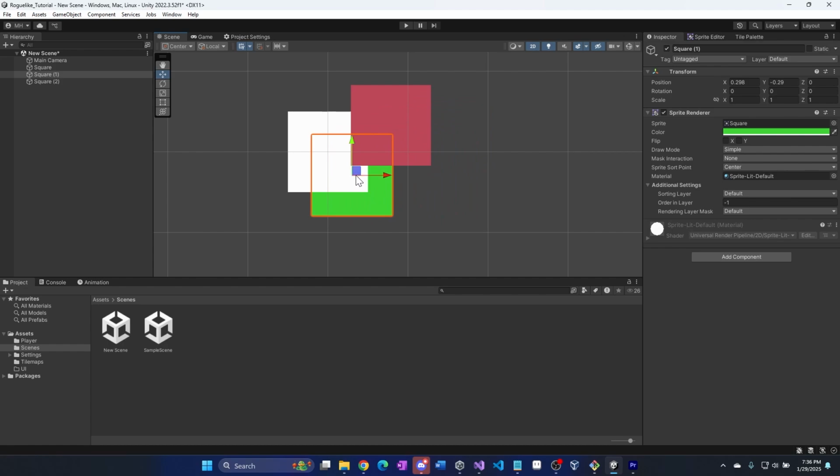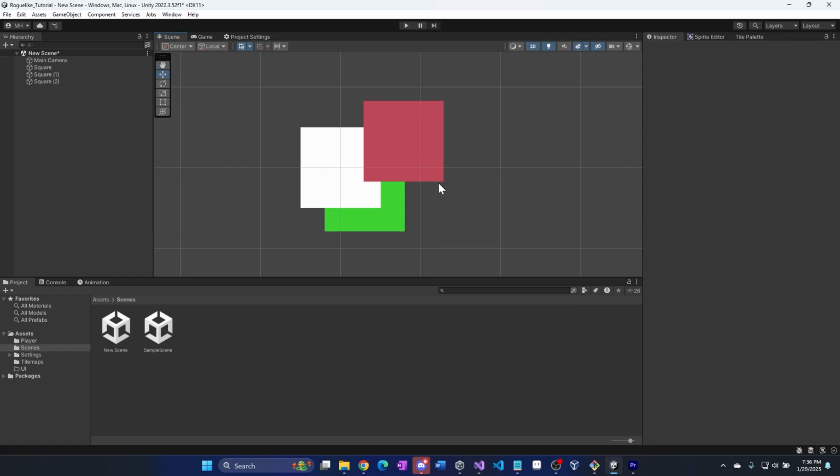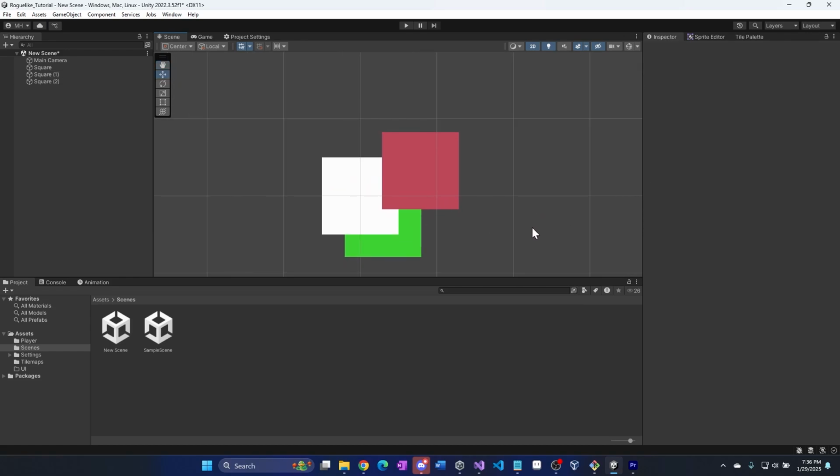There's a way to automatically sort objects based on location. We won't get to that in this video, but in the next video we will. With that,